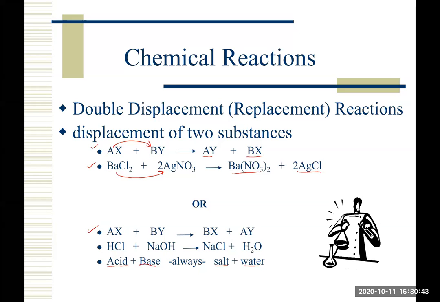Now think about this. Both A and B are the least electronegative elements, so they both have a positive oxidation state. And so it will be these two species that will switch places. So the A is now going to form a compound with Y, and the B is now going to form a compound with X. If we look at the real reaction between hydrochloric acid and sodium hydroxide, we see that